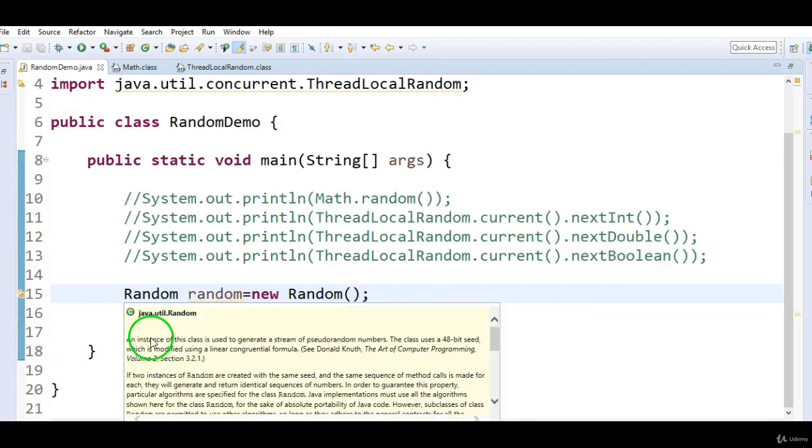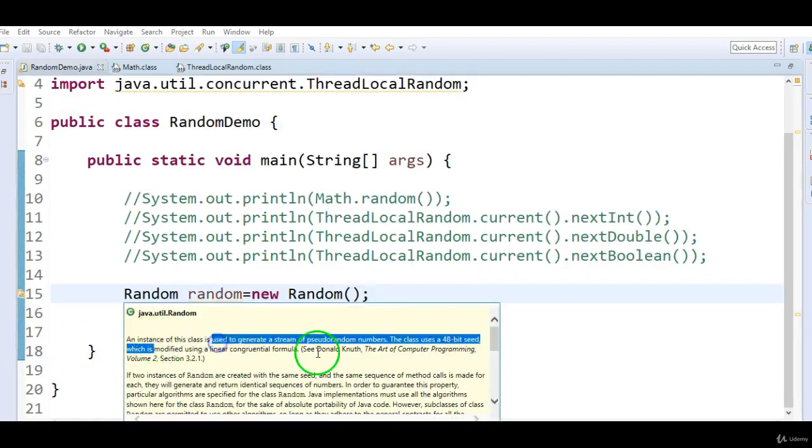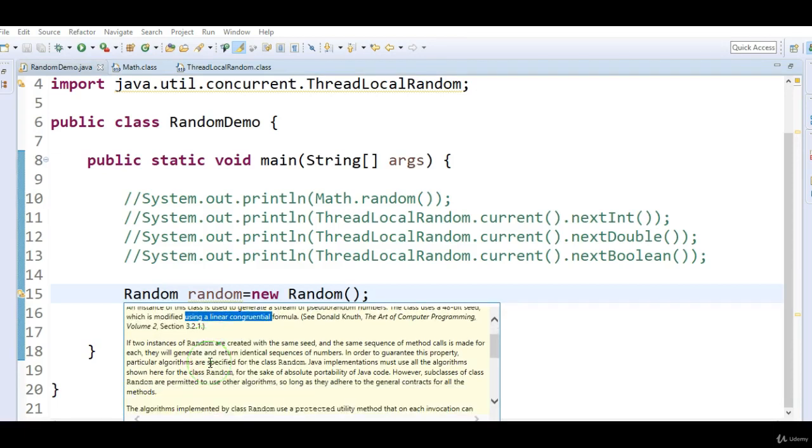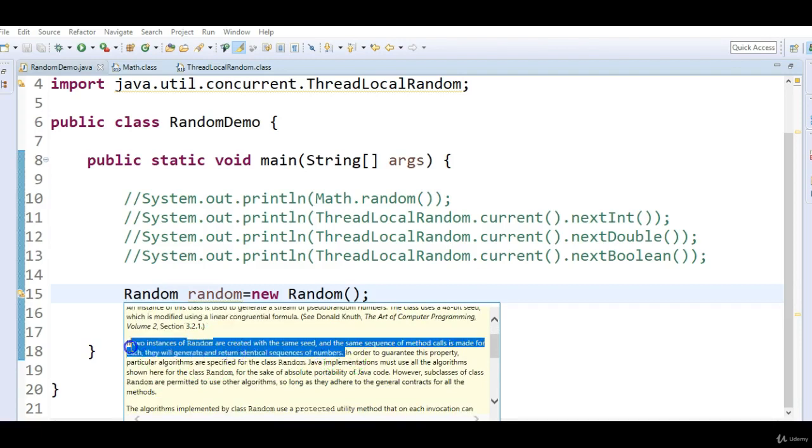And then an instance of this class is used to generate a stream of random numbers. The class uses a 48-bit seed which is modified using a linear congruential formula. So if two instances of Random are created with the same seed and the same sequence of method calls is made, they will generate and return identical sequences of numbers.